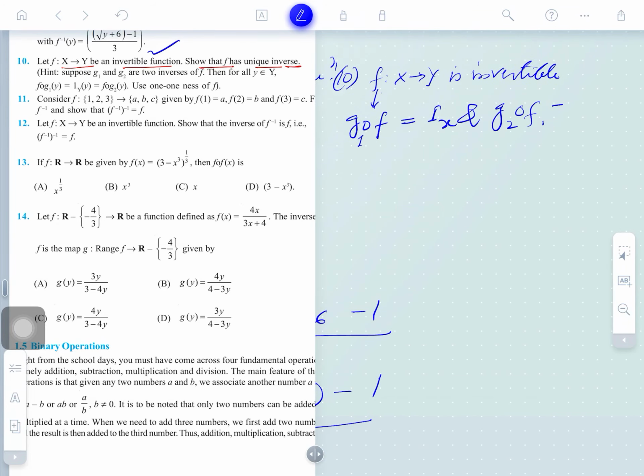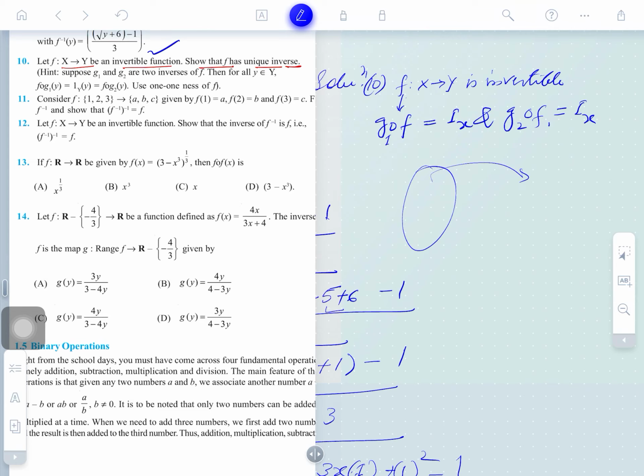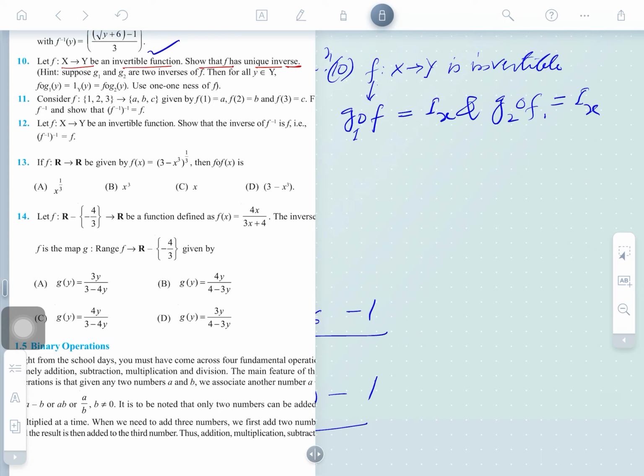Then what will be there? Obviously, when you go from one set to another, from the variable x, and you go from y to x, it is y. Sometimes y also can be taken here. Is that clear guys? Right, now we will understand this. So, we are supposing that there are two inverses. How can we understand this?